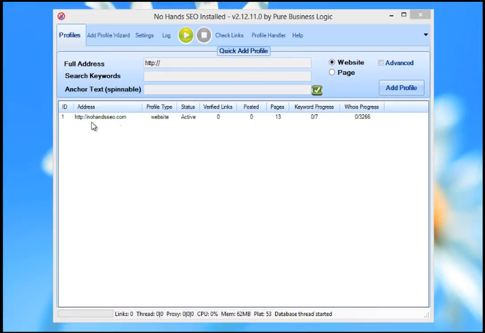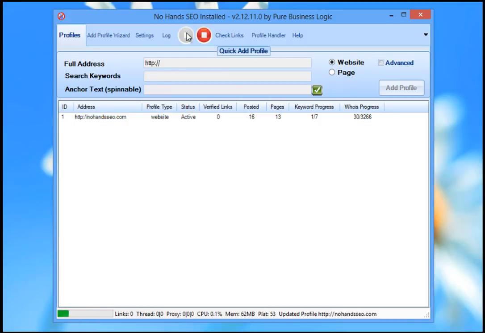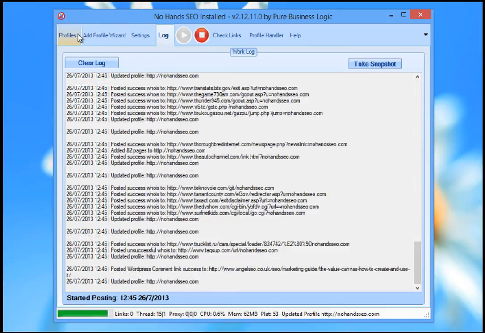And we can see that it's added our profile, and now all we need to do to promote it is simply click on the start button. That's assuming that you've already gone through the settings and set them up how you want. As you can see, No Hands is ripping through the posts, and very shortly after that it will start adding